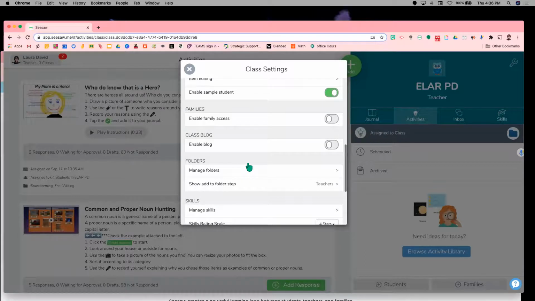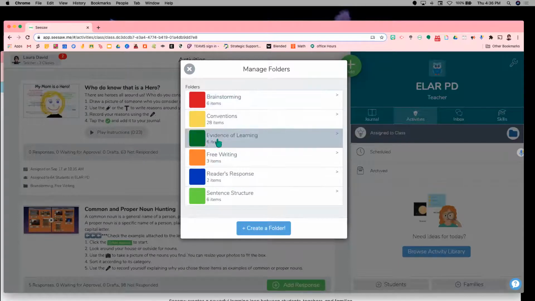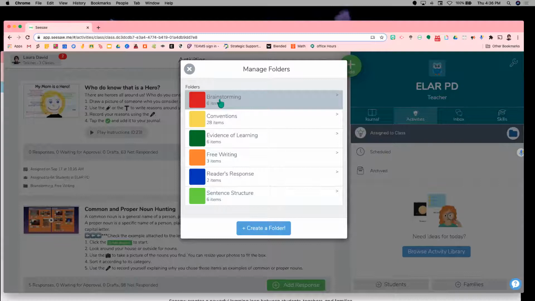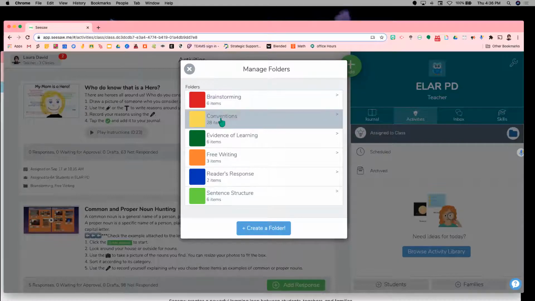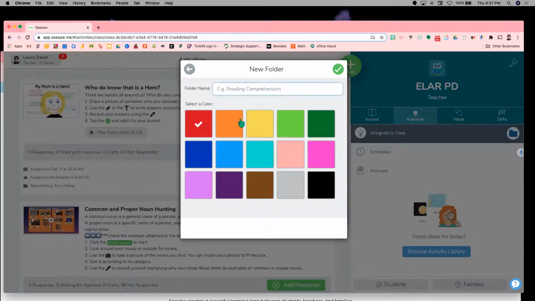Now, managing the folders. This is where you create the folders that you want in your portfolio. So here is where I went in and I made those journals. And so of course I went back and followed the expectations of the writing journal. And I also added, of course, the reader's response, because that's always important since you can respond in writing. And so I can create a folder. I just type whatever I want.